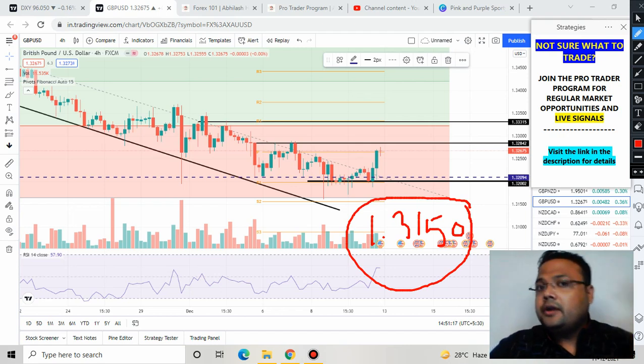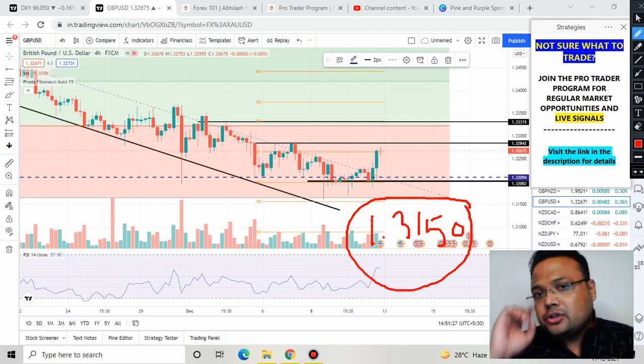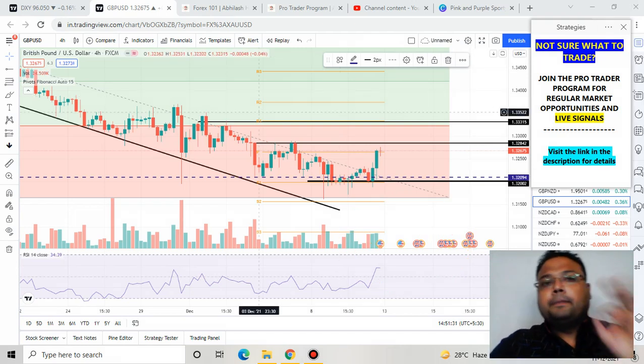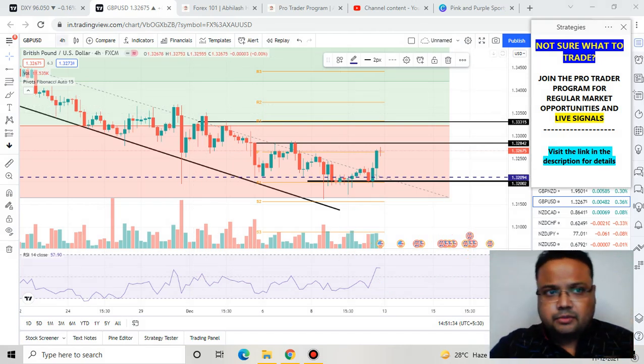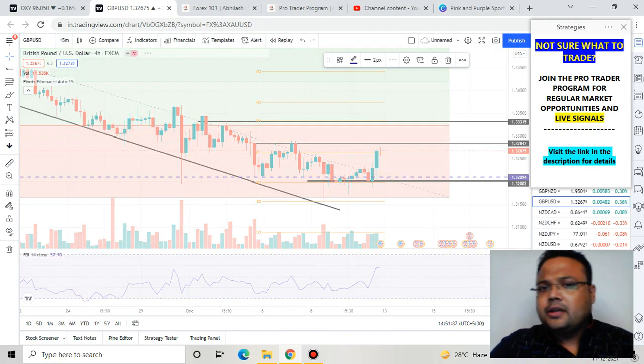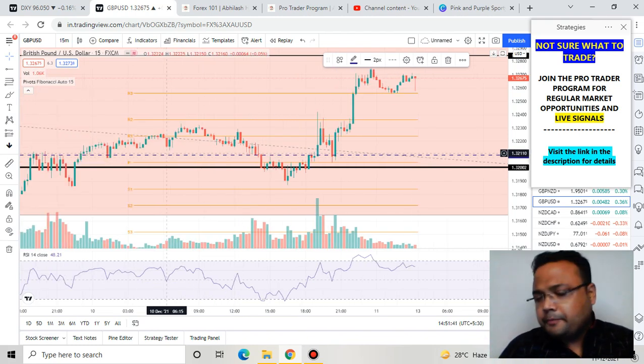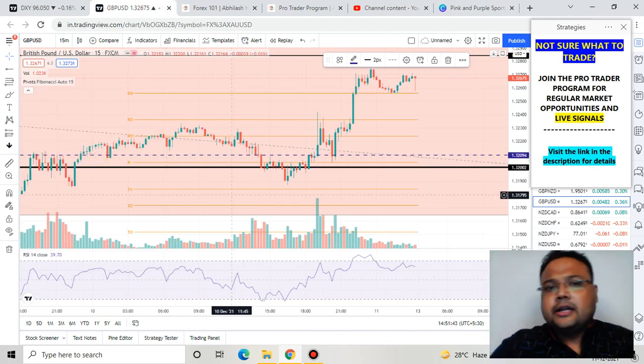And if you're wondering what a positional trade means, it is a trade that will last for more than 4, 5 days, 6 days. If you have that kind of patience, then you can take this position. Otherwise, for day trading purposes, I do not see any proper prominent level on the chart of GBP USD. I'll suggest that there are multiple pairs in the market. You should not be risking your hard-earned money here.